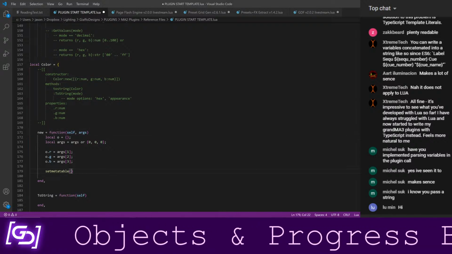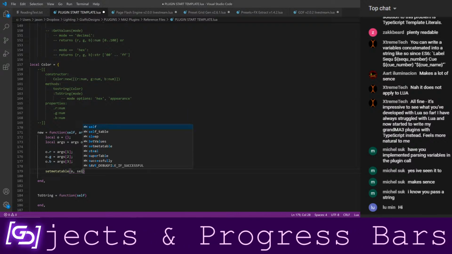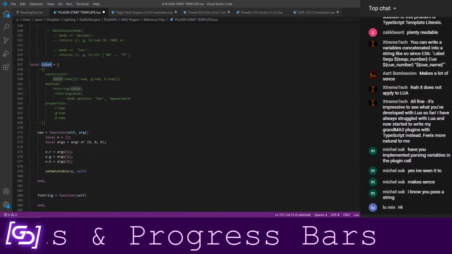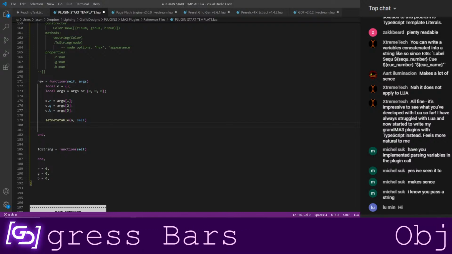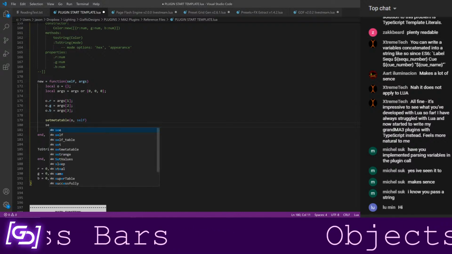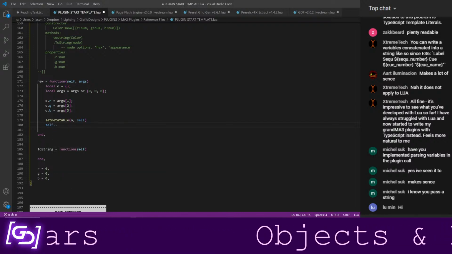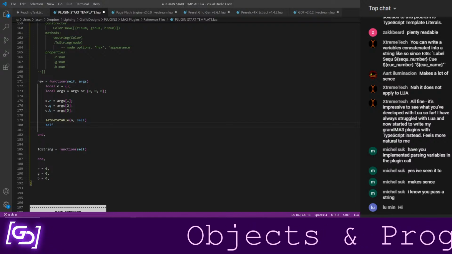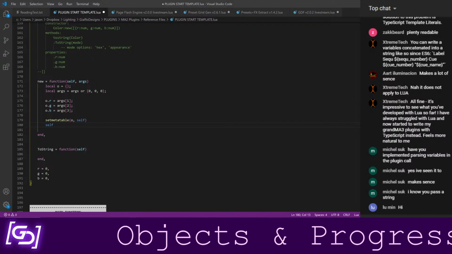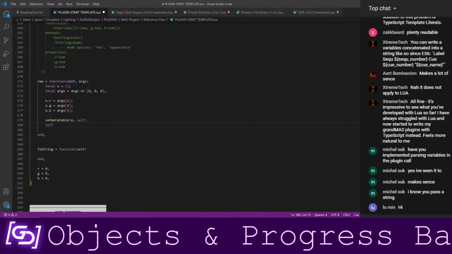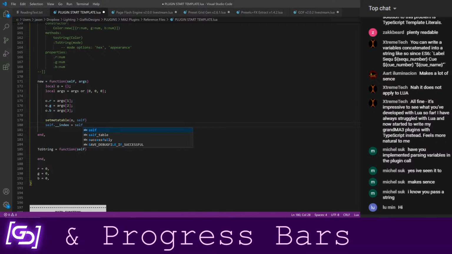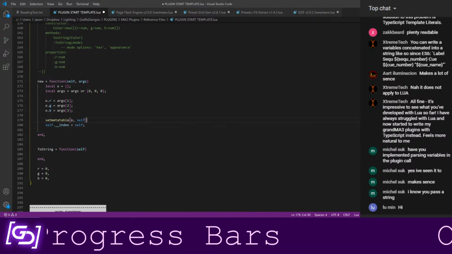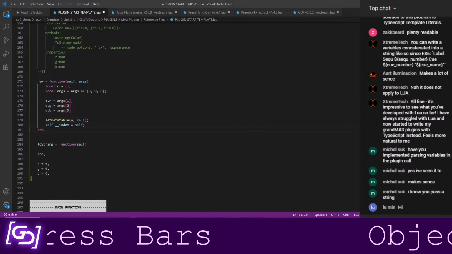And we are going to set the metatable of O as this thing calling it, and I am going to explain what that means in just a moment. And self.index equals self.